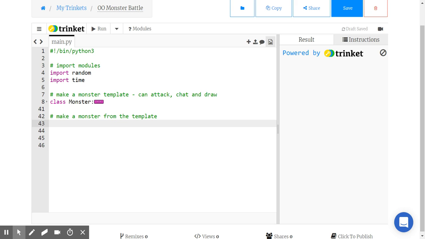So I'm going to do that now. I'm going to call my monster Fred. That's just a variable. And I'm going to say Fred equals a monster. As you can see, I've made the monster class here. Fred equals a monster. And now Fred can do anything. So, well, not anything, but anything that I've programmed it to do. So let's say Fred dot attack,